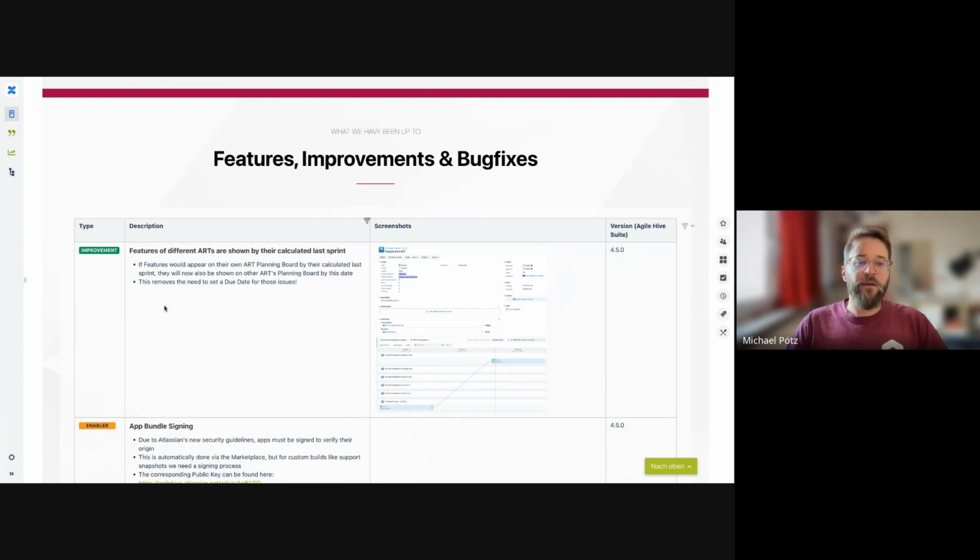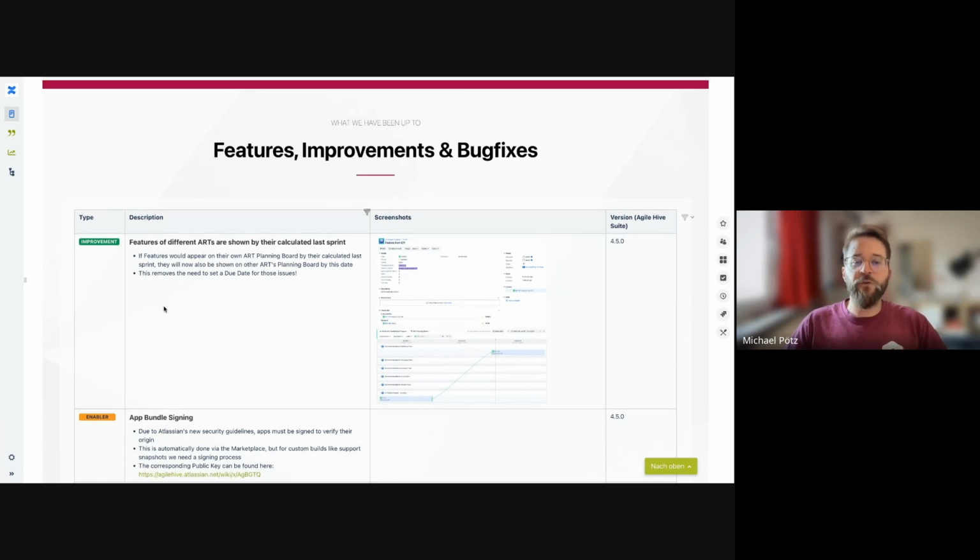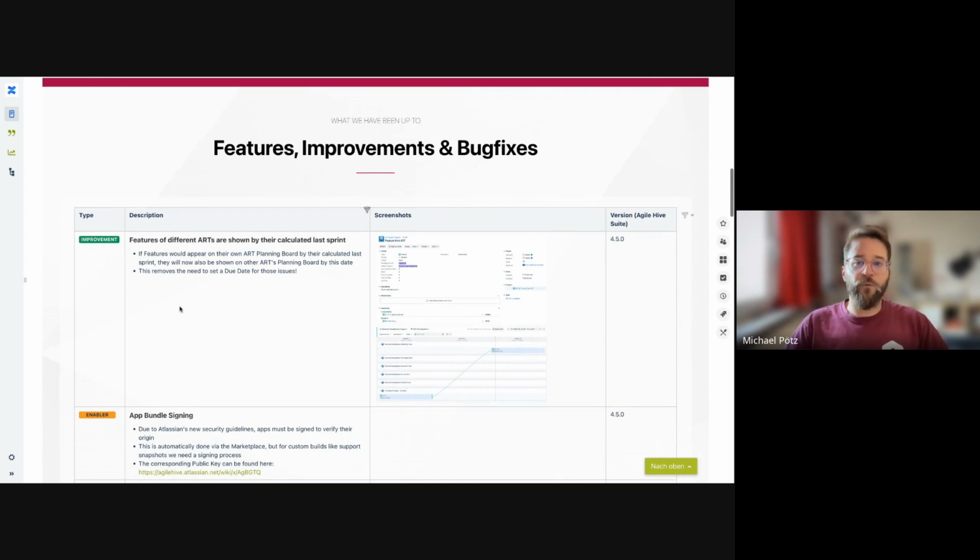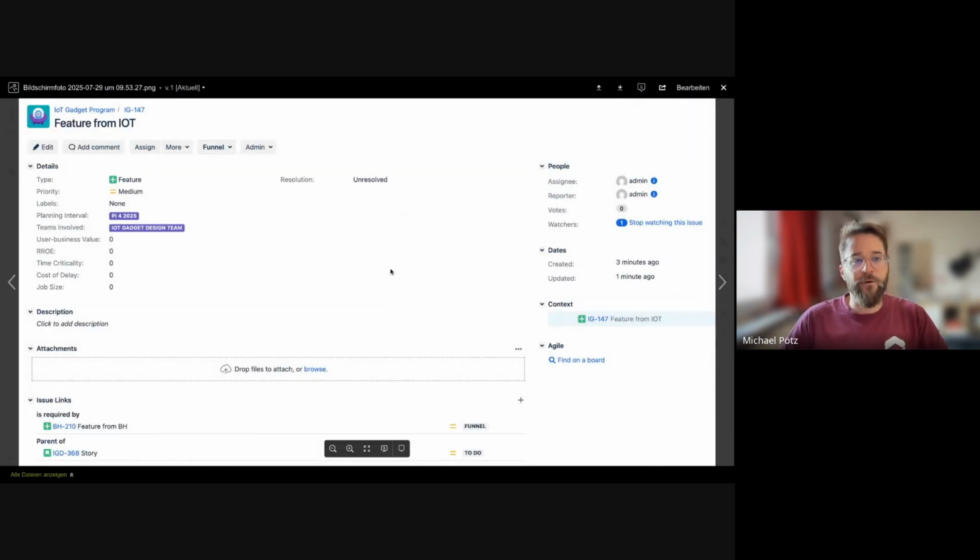This will now be sufficient to display them on other art planning boards as well. So this really removes the need to set a due date for those issues. For demonstration purposes here, I have a screenshot from an issue. You can see there's no due date here. It has 2 links. It has 1 story. That's enough to represent it on its respective art planning board,